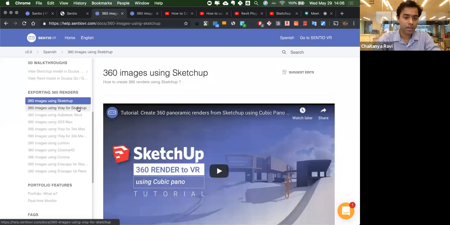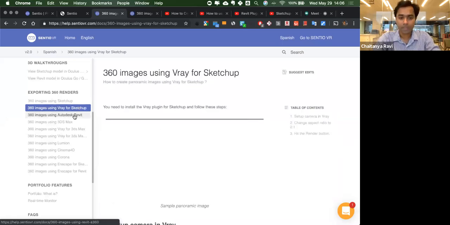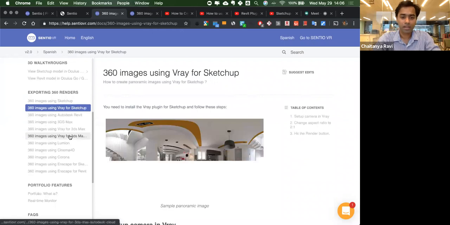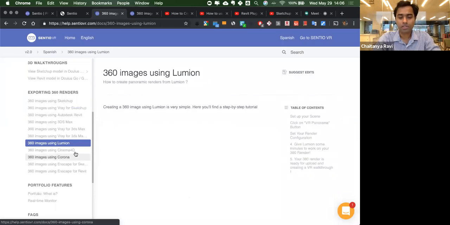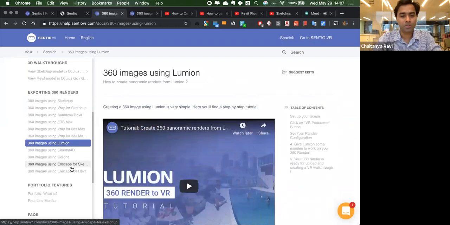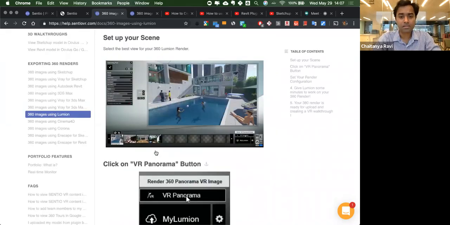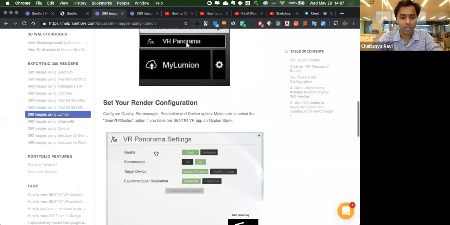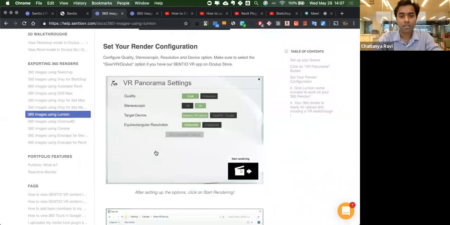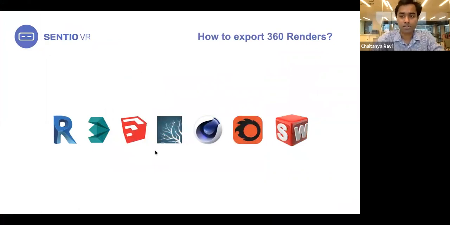But if you use V-Ray, how to get it using V-Ray for SketchUp, directly from Revit, or if you use, again, software like Lumion, Enscape, Corona, Cinema 4D. So this is pretty much the exhaustive list of software that you could be using for creating your renders, and the settings that you need to use for actually making a 360 render are pretty straightforward, and not a very big change in the workflow. So I recommend you take a look at it if you're not doing this already, so that you can quickly get that export 360 part